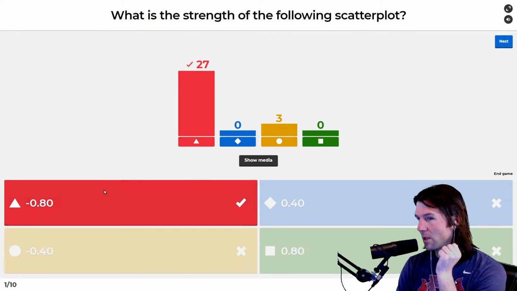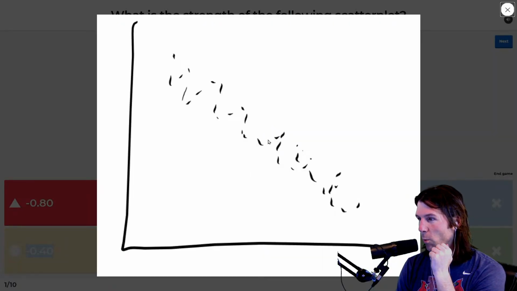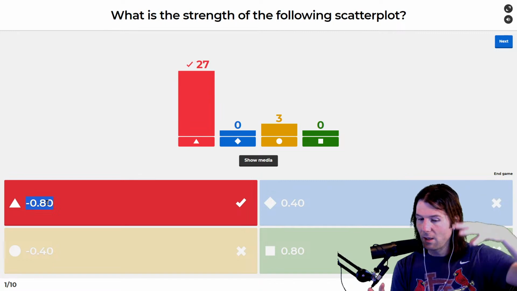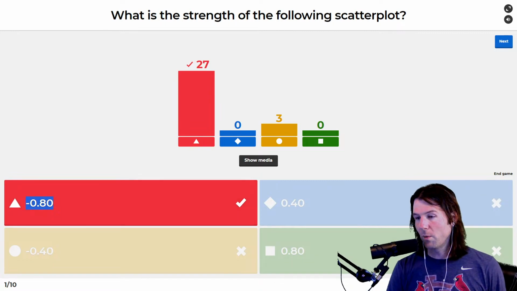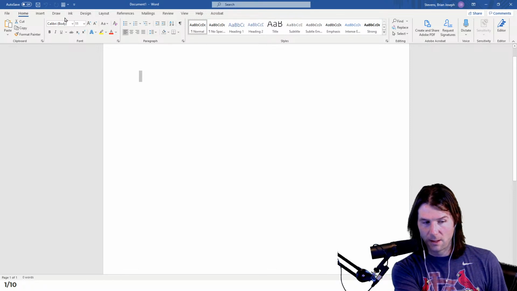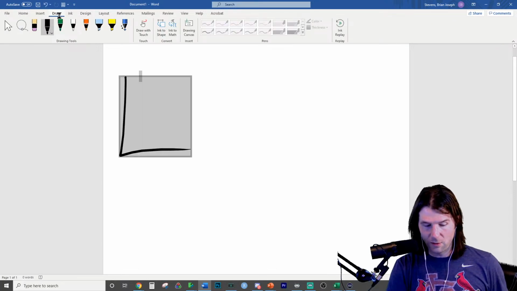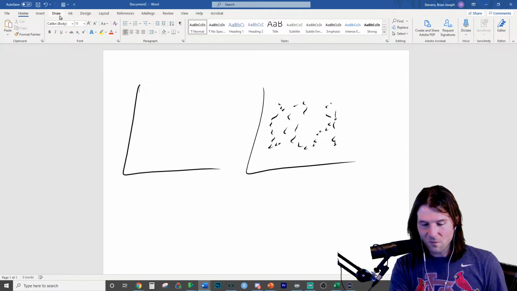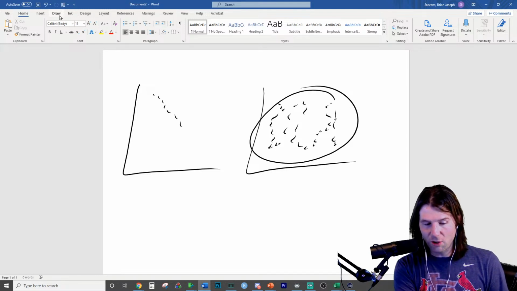Some people thought it was weak. People thought this would be moderate weak, I'd say. This is moderate weak, and this is moderate strong. So the weaker it is, the more spread out it's going to be. A student showed me a long time ago that if you take a scatter plot and you draw around it, if it makes a circle, it's closer to a 0. If you make a line, it's closer to a 1.